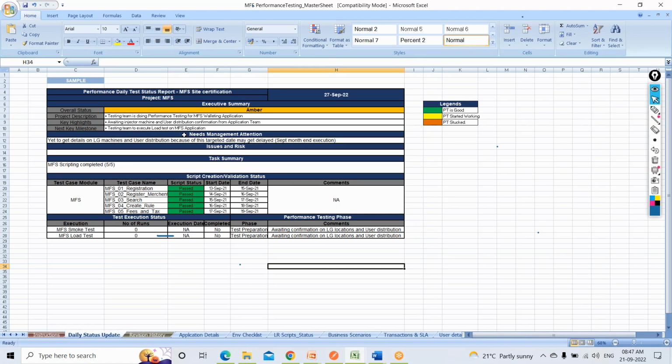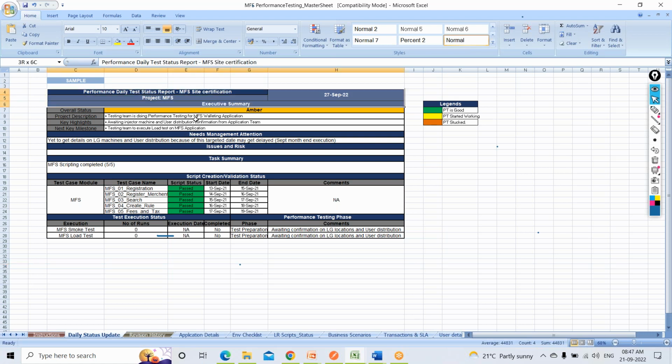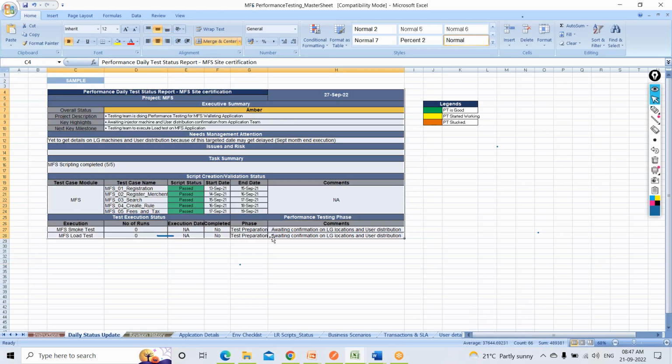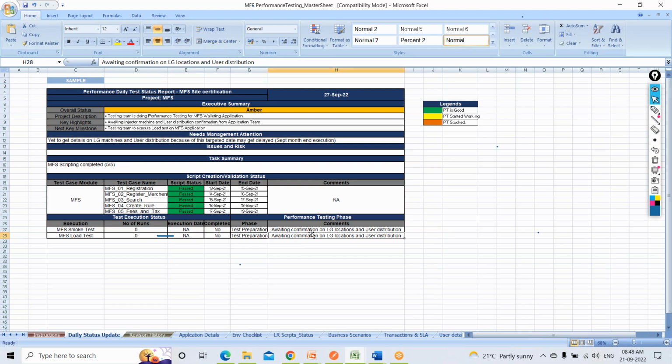Let's say the project is critical, then weekly we have to send it. If the product has been delayed a lot and performance issues are coming on a daily basis, then we have to send this on a daily basis. So how to report so that everybody can read this? We can just write an executive summary, the things that I need to highlight. If the team is creating a blocker, you can highlight, these are the blockers that are created.